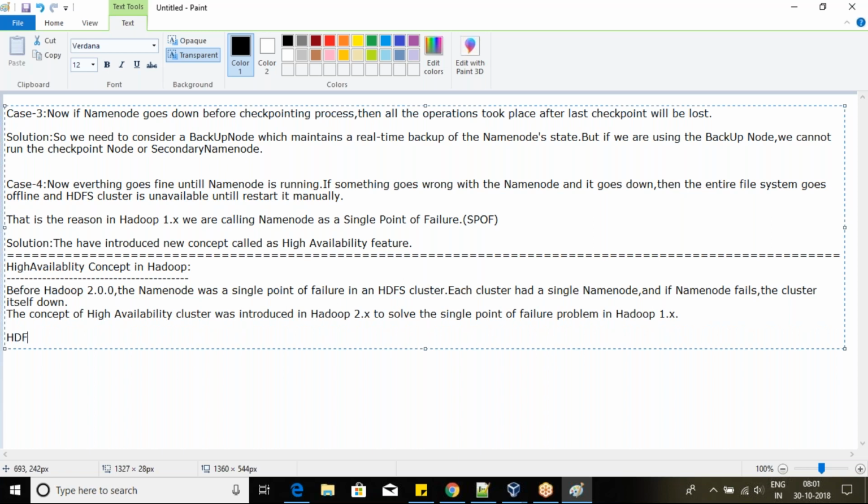Now, if you observe, HDFS follows the master slave architecture, which we discussed,